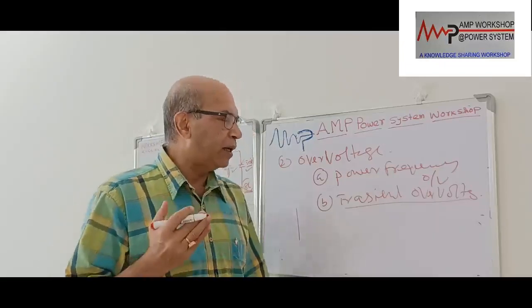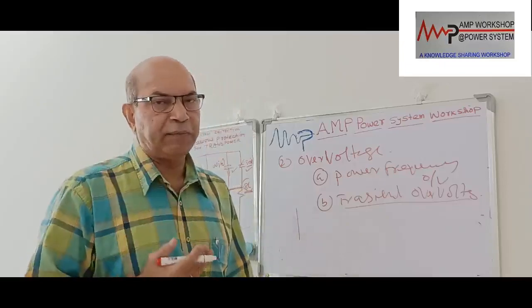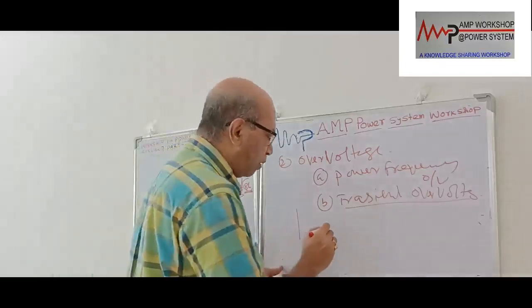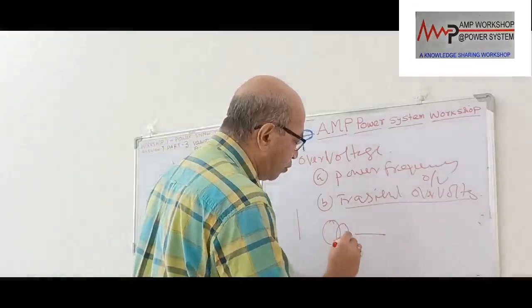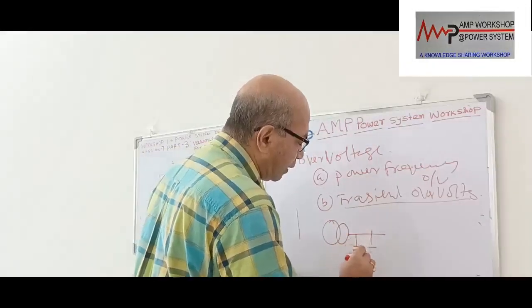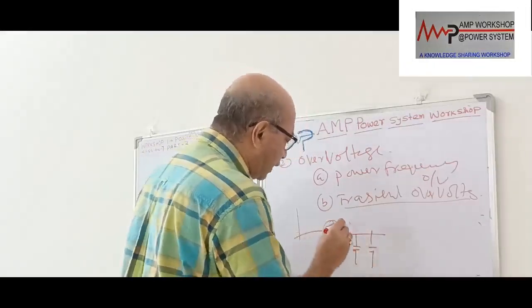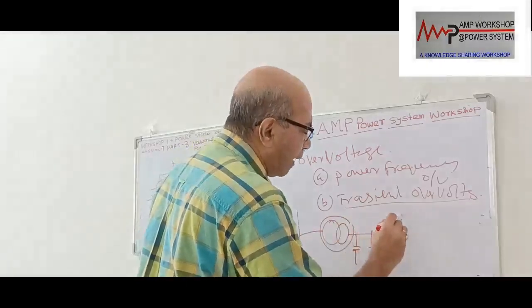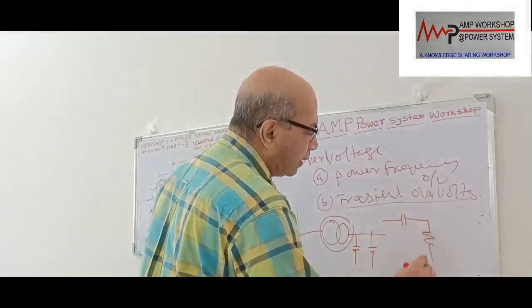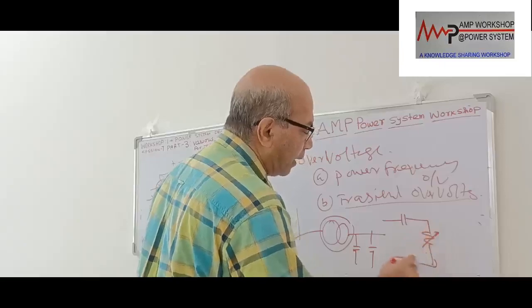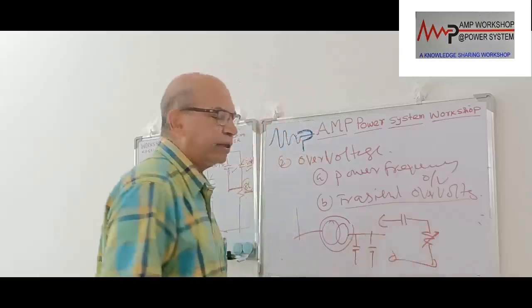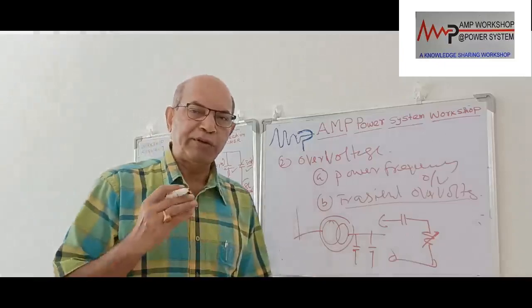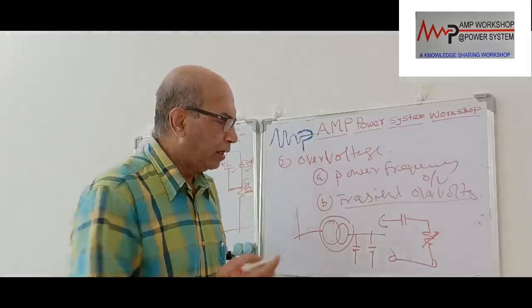Then there is another scenario where ferroresonance can take place. The transformer has distributed capacitance from the various cable connections, and the transformer is an inductor. When a capacitance is connected with an inductor, and this inductor is a variable type, it causes ferroresonance in the transformer, and this ferroresonance also causes over voltage.